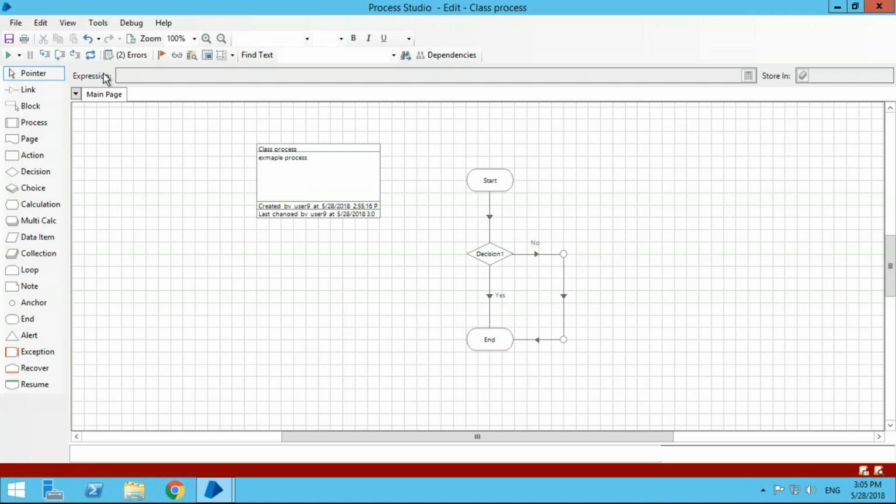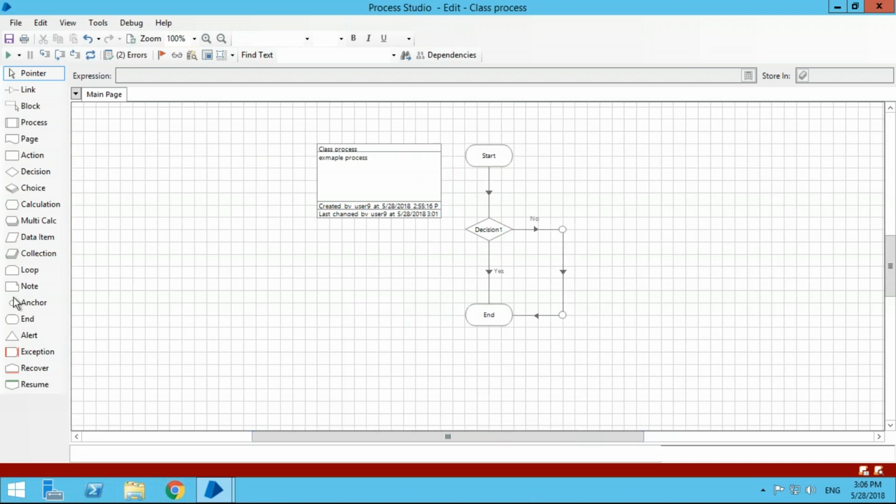So, I mean, nothing can stop you from doing it like that, but the visual side of it should stop you, because that doesn't look very clear. You want to be able to see which route your process is taking when you are actually developing. So you want to keep things clean, and anchors help you to go around things. So always use your anchors. Your anchors are the key to keeping things clean on your diagram. Okay.